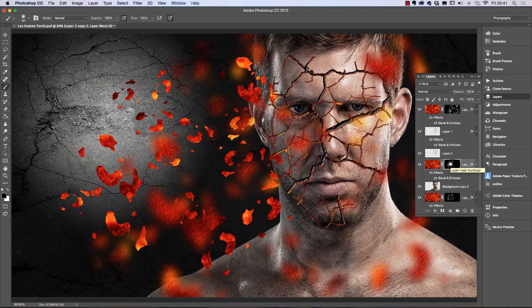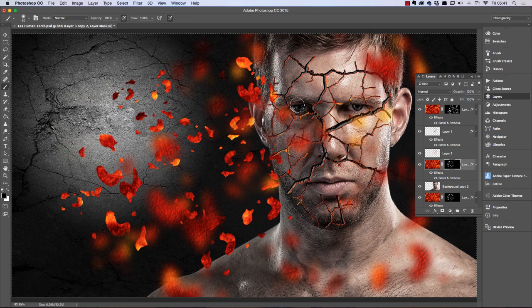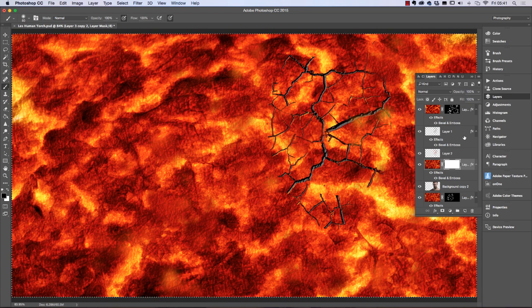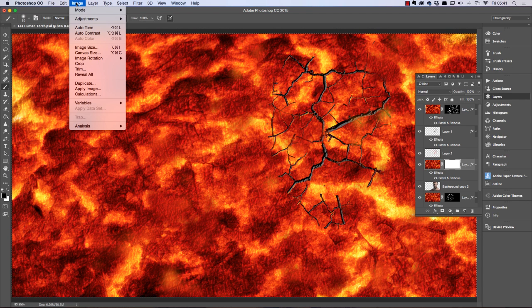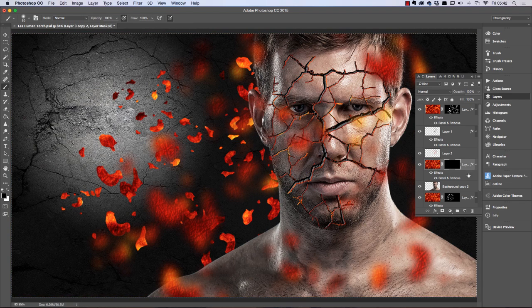I'm going to click on the layer mask. We're actually going to delete this, so we want to delete everything on there. So we just click on select all and use the backspace key on the keyboard, which will invert the selection again. So we just need to invert that so it's on white. We go to image, adjust, invert. So basically we've got a new layer ready to use straight away with the effects on,